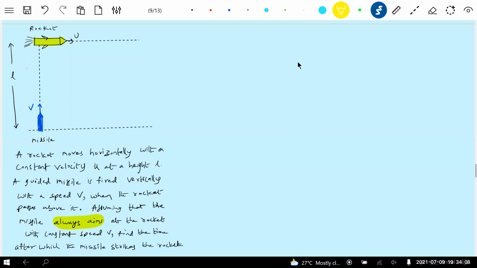I think guided missile means in whichever direction the rocket moves, we should blast it in mid-air only. So for that purpose, guided missiles are very important for us, because the rocket can change its trajectory. Our missile also should follow it. Nowadays we can see in the movies, some fighter jet, the hero, will be followed by a missile. The hero will move in a random path, the missile also will move in a random path. It's a guided missile.